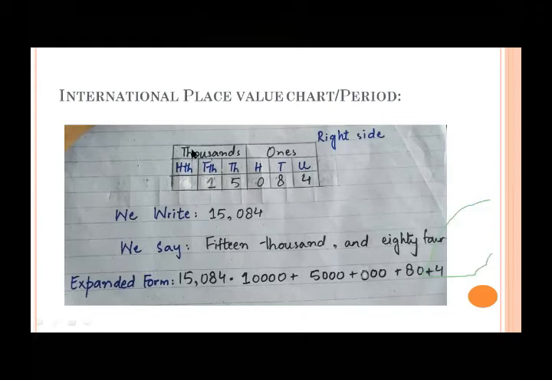Both the periods, whether it's Pakistani or international, are the same till 10,000. Changes occur after 10,000. Here lakh count is 100,000, comes in the group of 1000, but there in Pakistani place value chart, lakh comes in another group and is counted and read as lakhs. This is the difference. But today we are only working with 5-digit numbers.